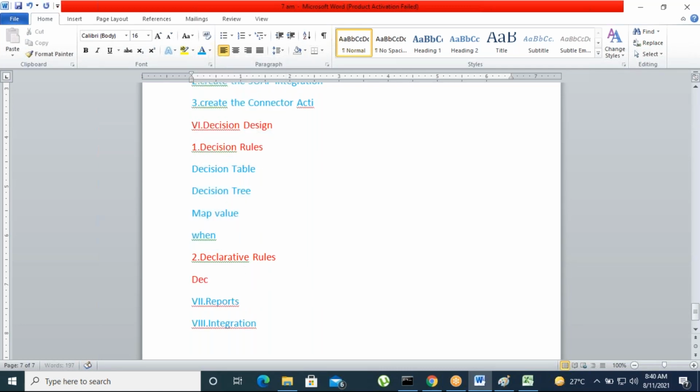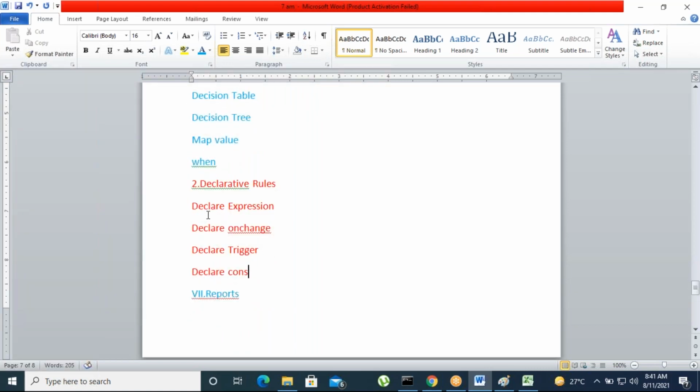So we have declare expression, declare on change, declare trigger, and declare constraint. These are the 4 types of declarative rules.